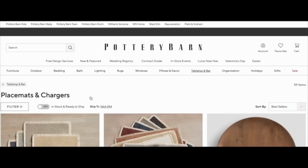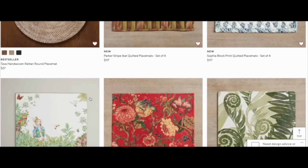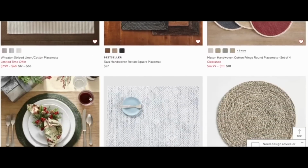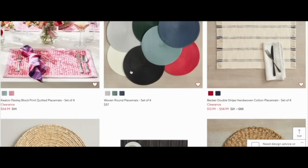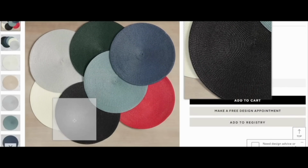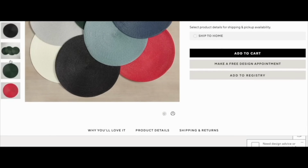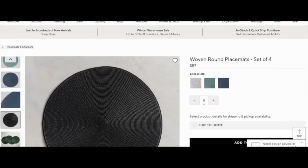And now moving on to the next one, I wanted to get some placemats. Now I used to have these green ones that I picked up at Dollarama for $1.50, but I'm not sure if I threw them out or if I just can't find them, because it seems to be a repeated thing that I can't find things in my house, but they were very much the same style of these. So I still wanted to show you because even if I can't find them, I will go purchase these, but I still wanted to show you how easy it is to redo them